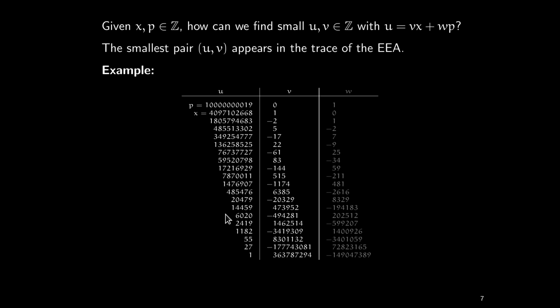So it's clear that this gets smaller and smaller, and it's also actually clear that the result is 1, because unless x is 0, okay, in this case it's not so interesting, but if x is non-zero, then you know that the GCD of those two is 1,